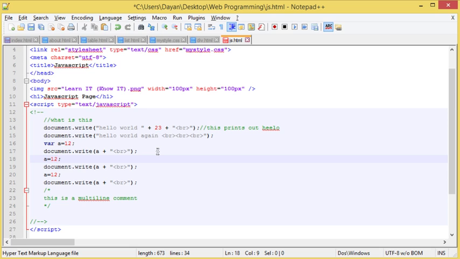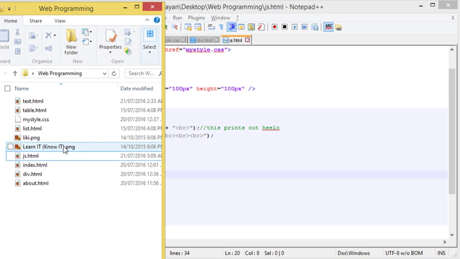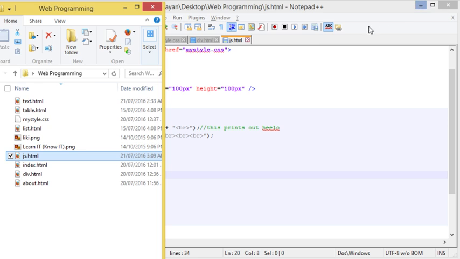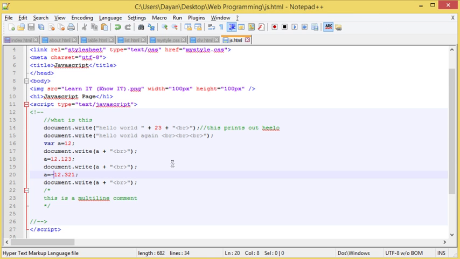every time. So what we can do here is we can also add in little things like 1, 2, 3 and 3, 2, 1 with a negative at the front. So JavaScript can actually handle all this stuff, and as you can see, got the 12, 12.123 and negative 12.321. So we're seeing what JavaScript can actually contain, and from here we can also cover a little bit more with